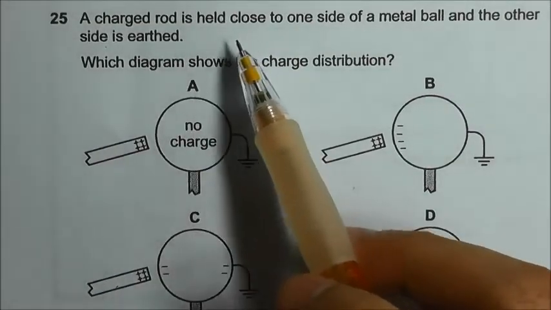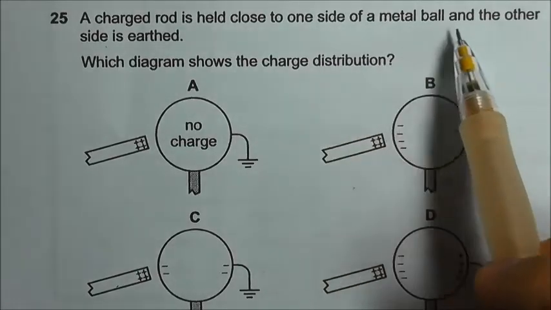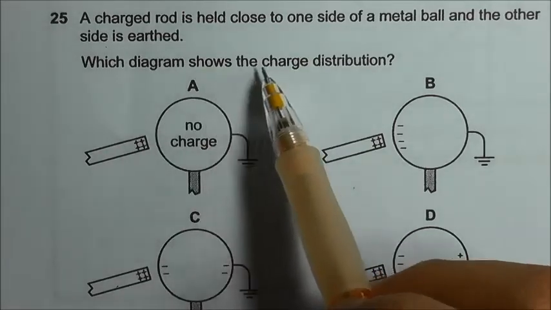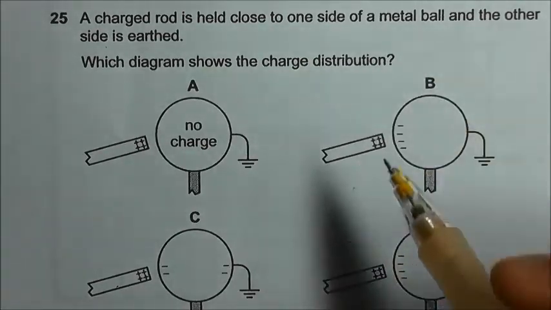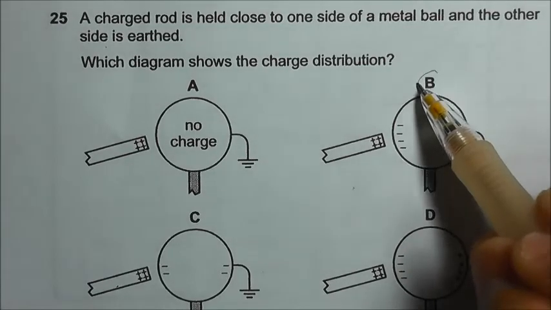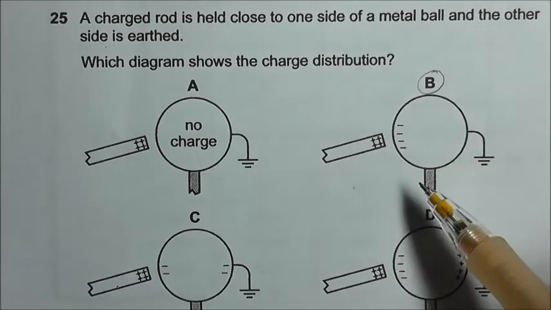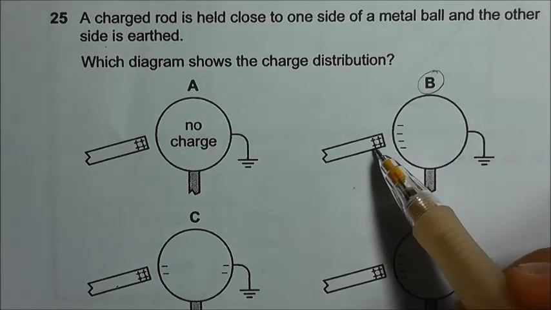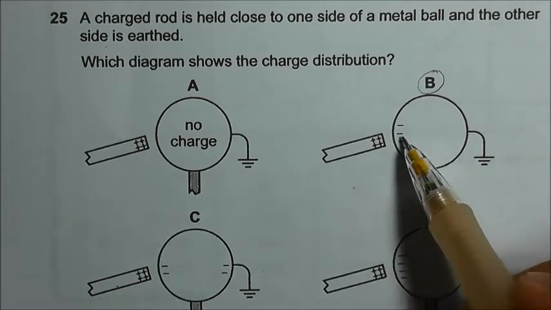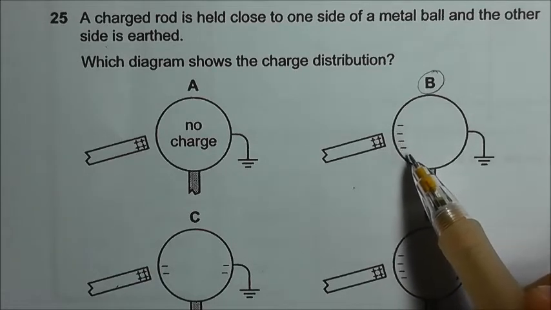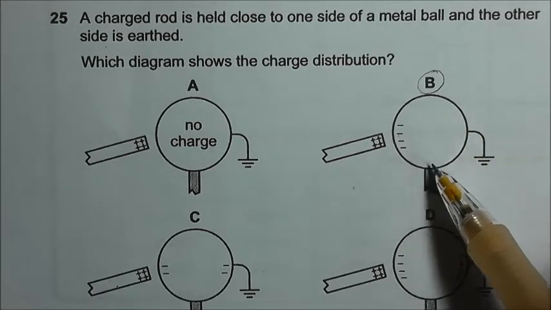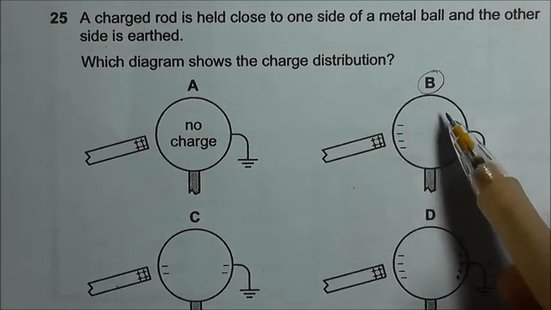A charged rod is held close to one side of a metal ball and the other side is earthed. So which diagram shows the charge distribution? Okay, just focus on option B because this is the correct answer. Okay, let me explain why. When you place a positive charge rod close to this neutral metal ball, you will attract the electrons, and the electrons will move to this side,